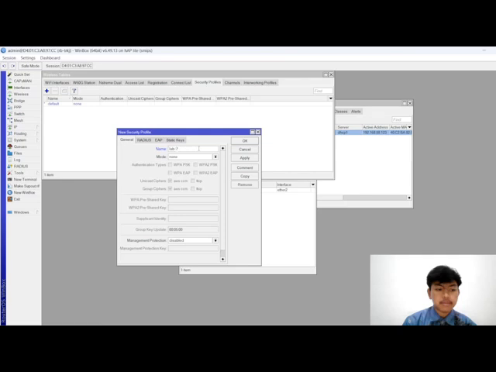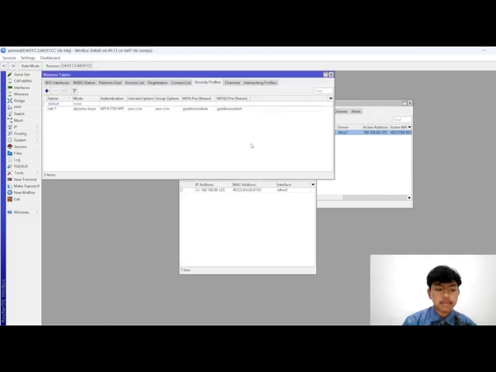I will name it lab 7 with dynamic keys WPA PSK and WPA2 PSK, then input your Wi-Fi password.